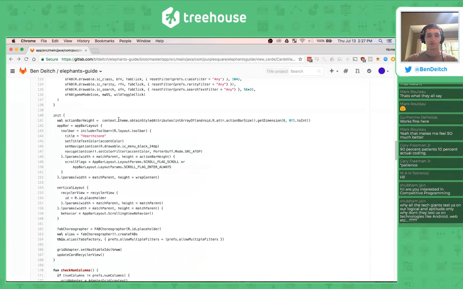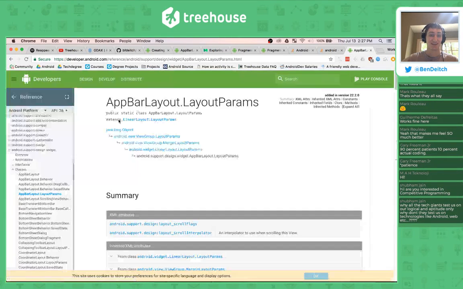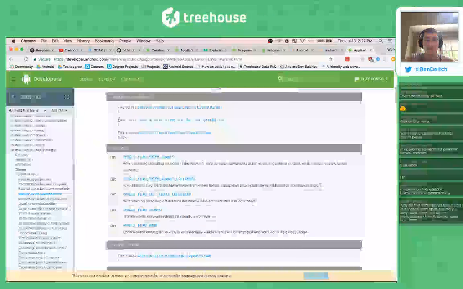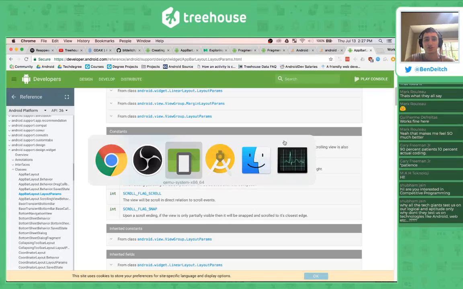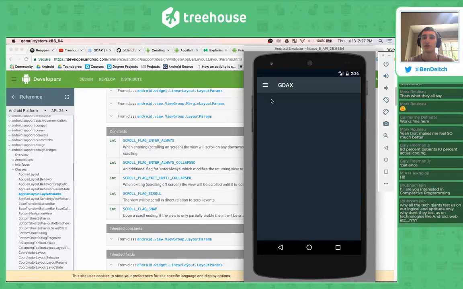And so in my code over here, I'm using scroll flag scroll and scroll flag enter always. So when entering the view, we'll scroll down on any downward scroll event, regardless of whether the scrolling view is also scrolling. So what scroll flag enter always should do is if we come over here to the app and